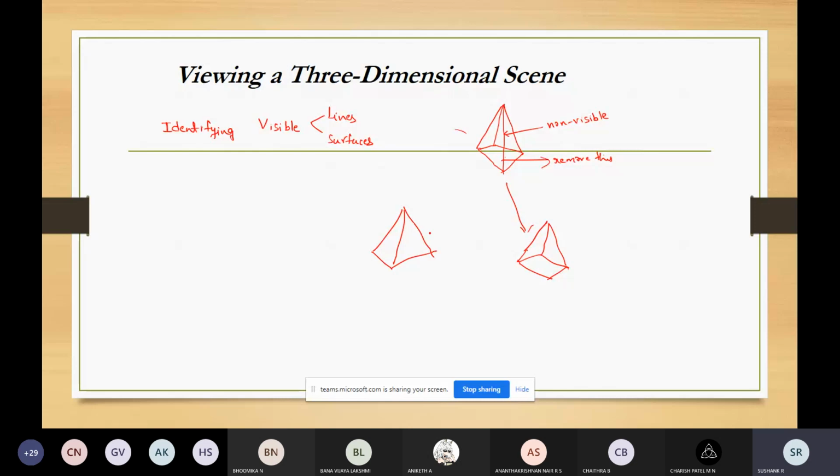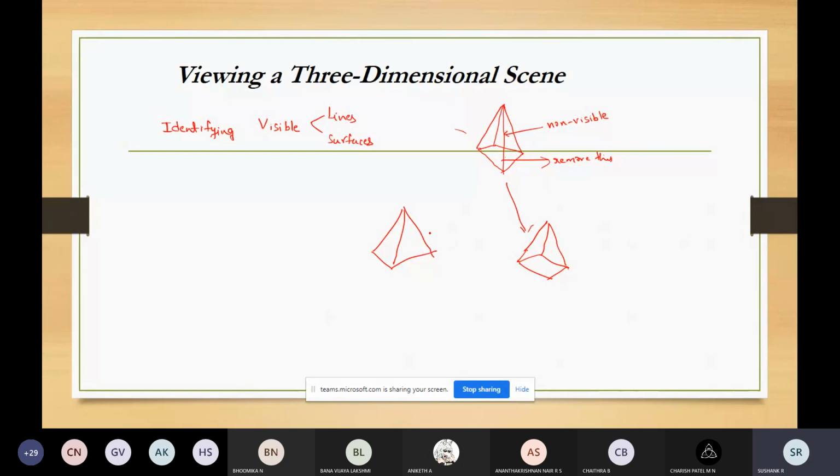So this is the technique which is used in identifying visible lines and surfaces. What we are doing here is, we will highlight the visible lines or display them in different colors, or we will display the non-visible lines as dashed lines, so the line which I've removed, I can represent in dashed line also, or I will just remove it from the display.